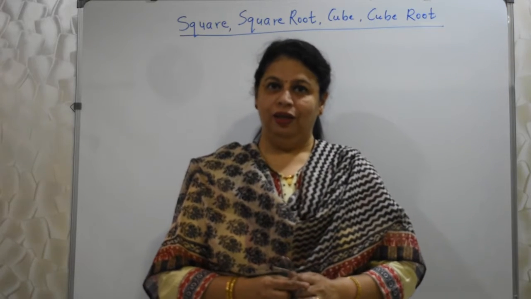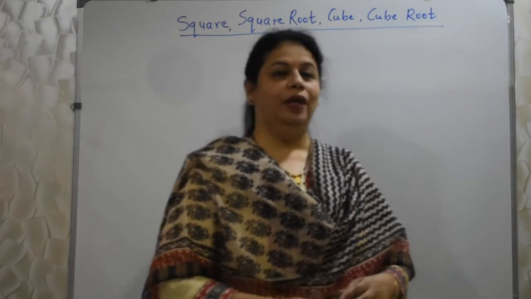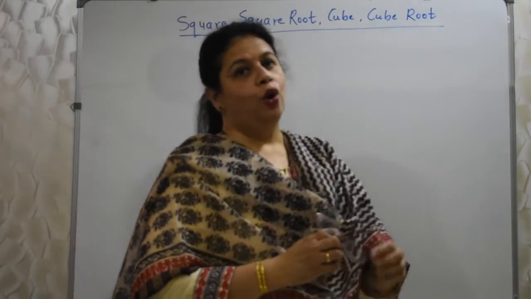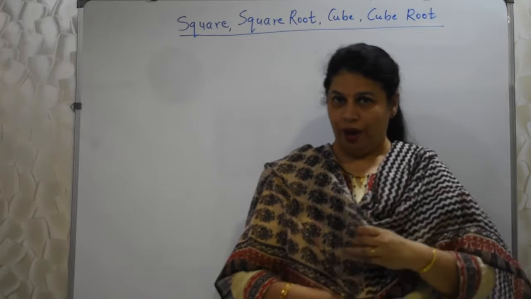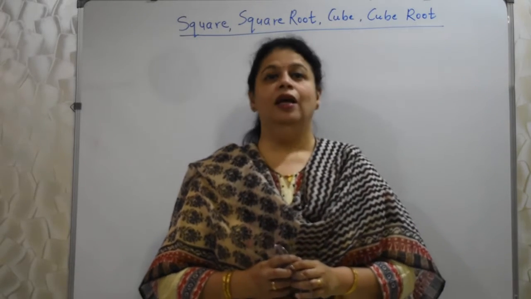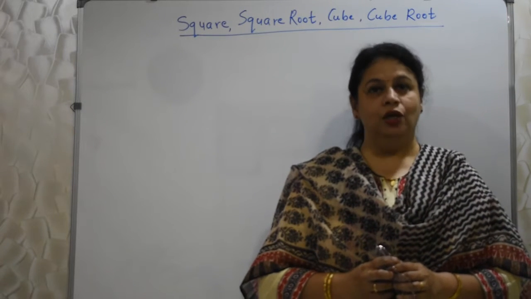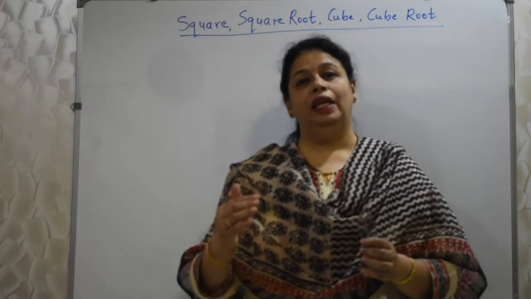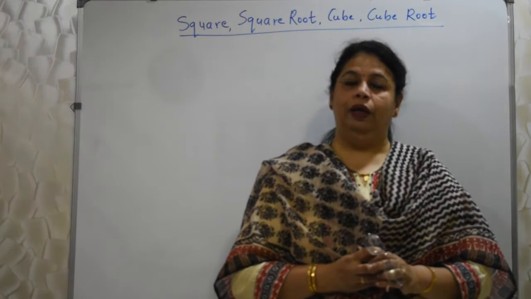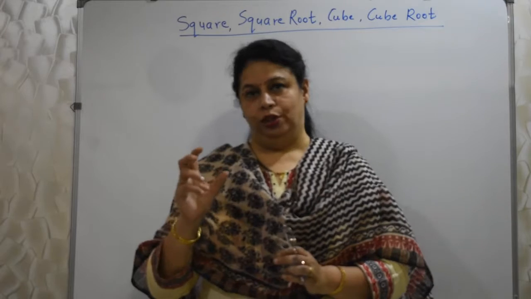Today we will be learning one more interesting topic for 8th standard scholarship. The name of the topic is square, square root, cube, cube root. You all are aware of the meaning of square and square root, cube and cube root. We have been learning from standard 5th, right? Here we will be solving certain sums straight away so that you will know the difficulty level which is expected at standard 8. Before we begin, I would like to tell you certain rules.